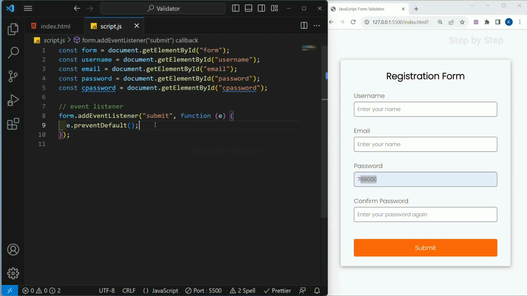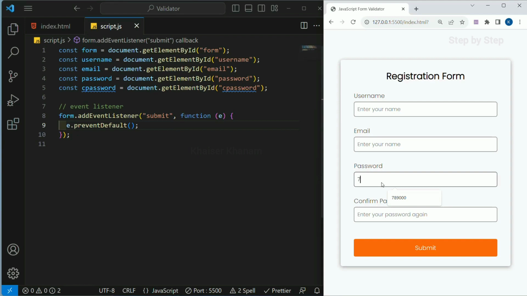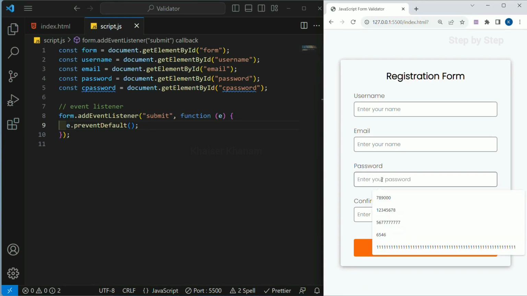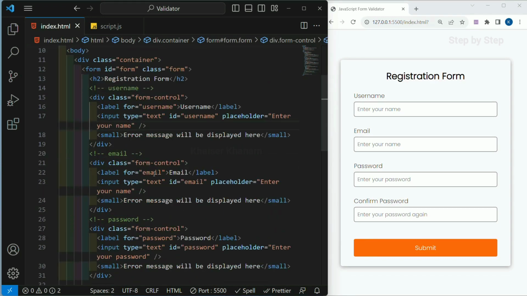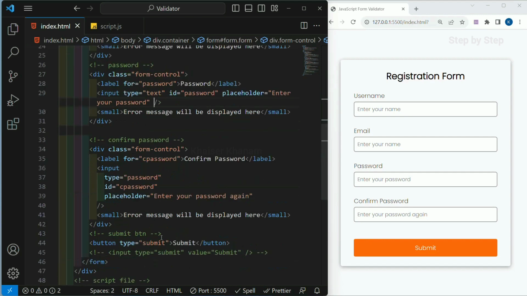So we are going to write this by default. Now if you notice here, whenever I click on this, I am getting this suggestion. So what happens if you are having your personal email or company email, or your username, and you do not want people to see that, we can add one attribute inside HTML. Here, for all these input fields, I'm just going to add one attribute,